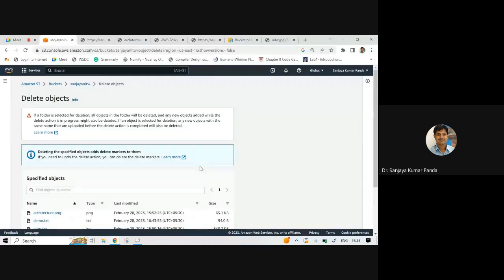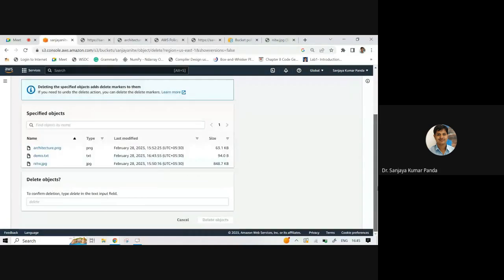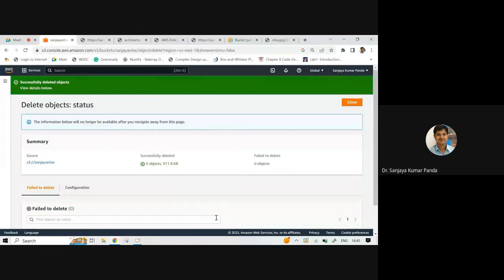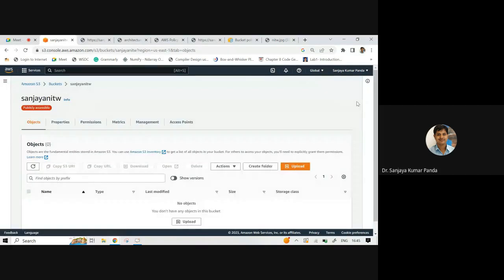So let me delete all the files. Don't directly log out of your Amazon S3 session. You have to delete all the files, and also you have to delete the bucket.